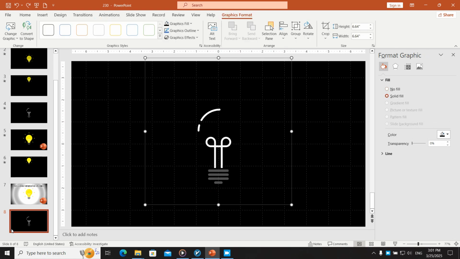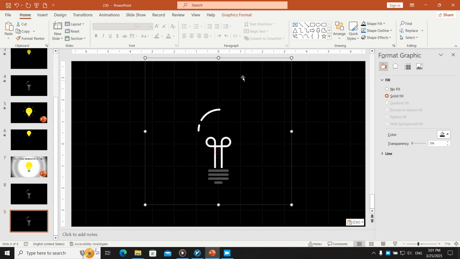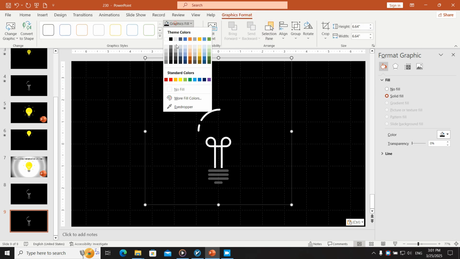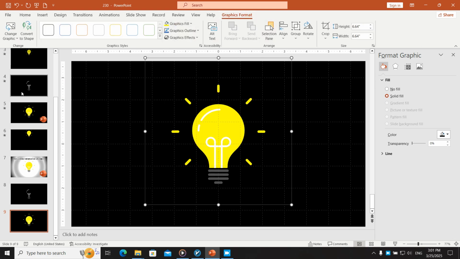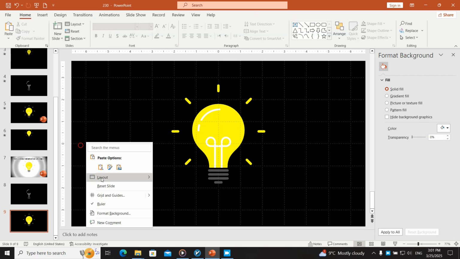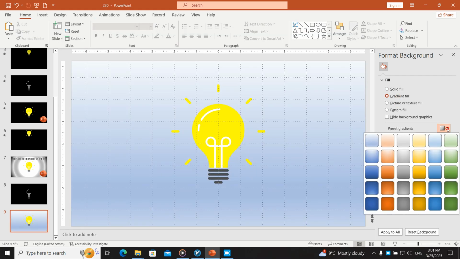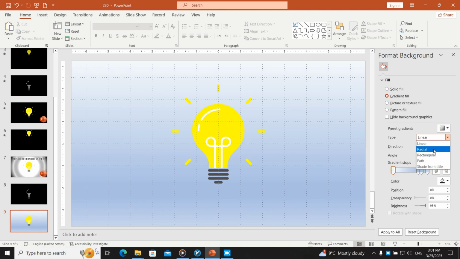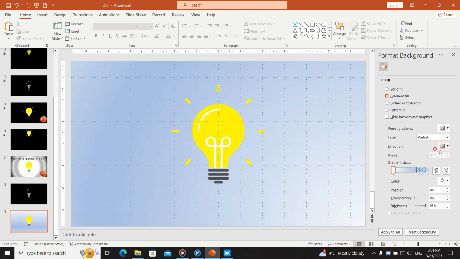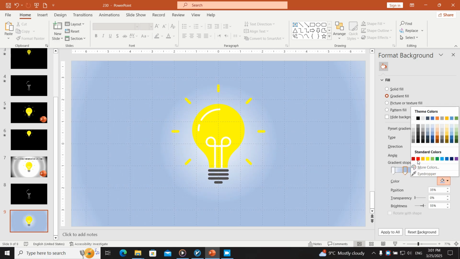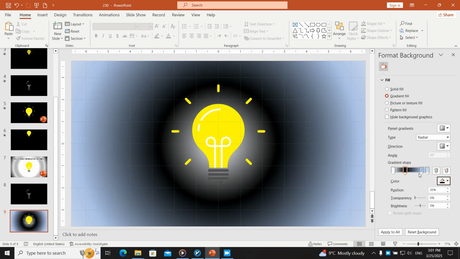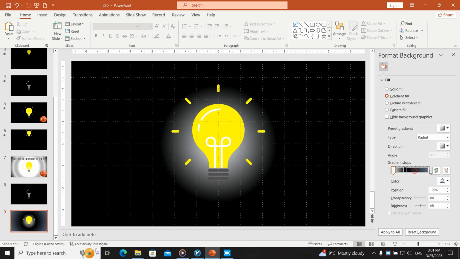After increasing the size, we have it in the center. We copy this slide and here you just color it yellow and just simply format the background and use gradient fill. For the gradient fill, what are we going to use? A radial, and in the radial we are going to use mid radial, and then we are going to create a wave of fire. How? By deleting this stop and this stop and this stop,